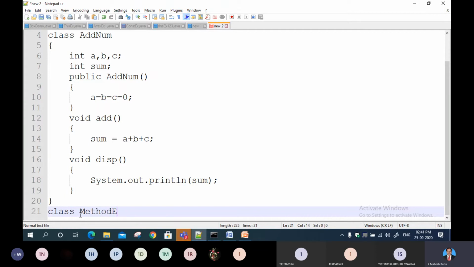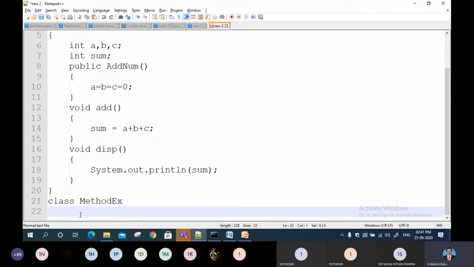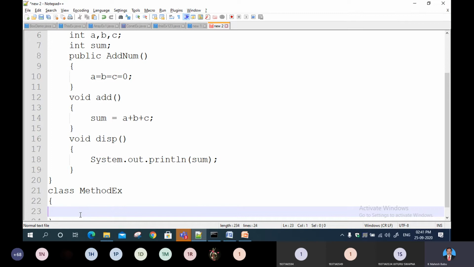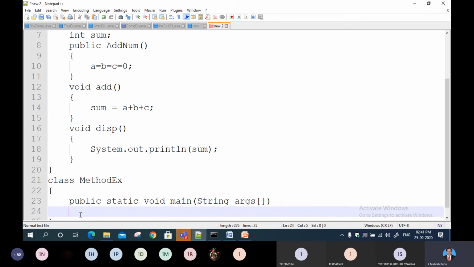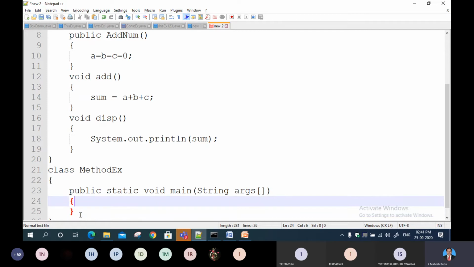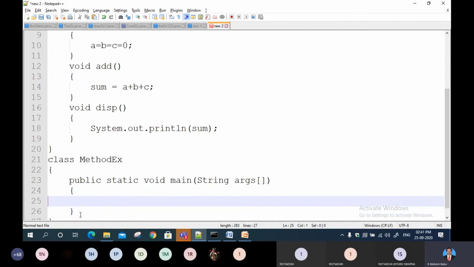Third example. So define public static void main, mention String args, open and close. So this is my main method, right?